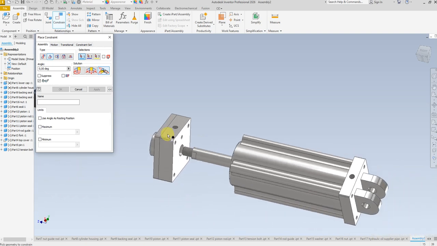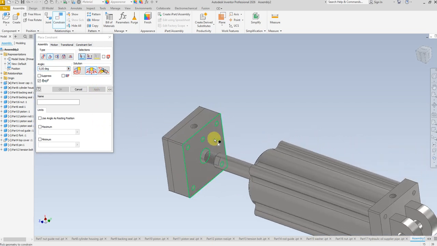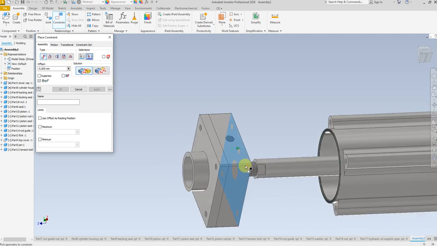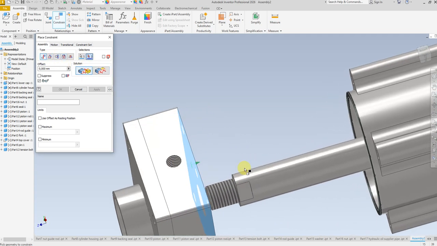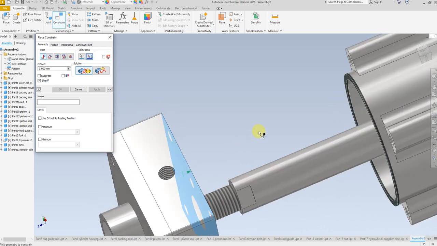And now select this face to be on the same direction as this face. Let me select angle. Perfect. Now select this face and